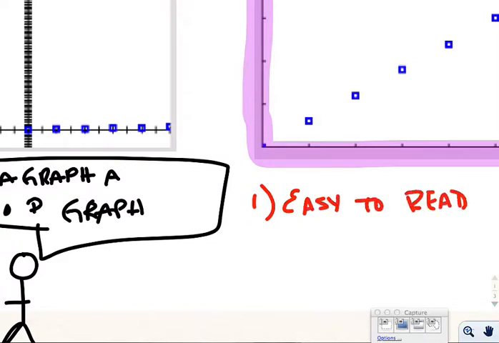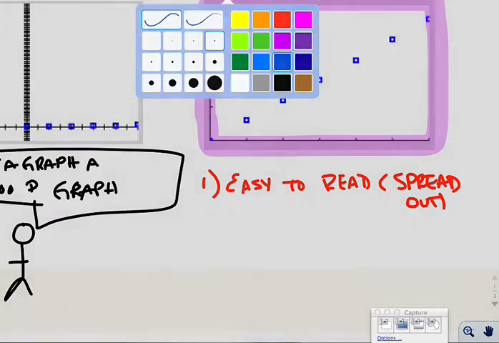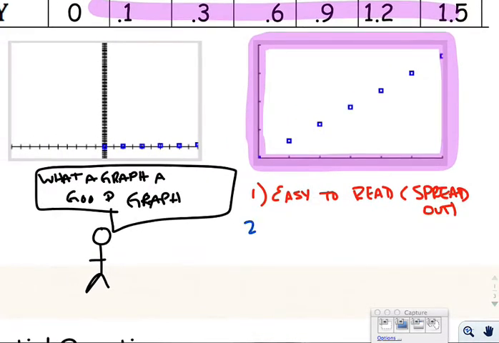In other words, it should be spread out, or not smushed if you want to put it in the negative sense. The other part is that it should be really easy for the user to make,